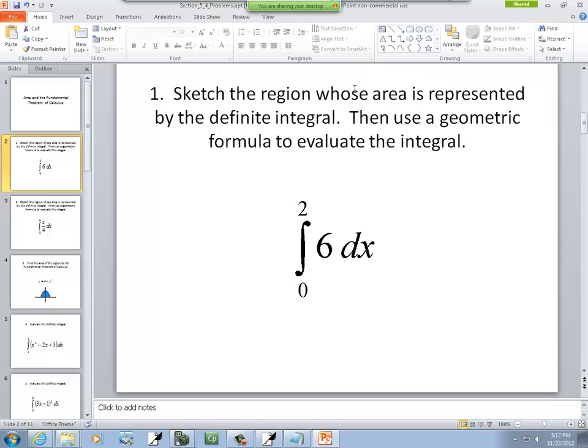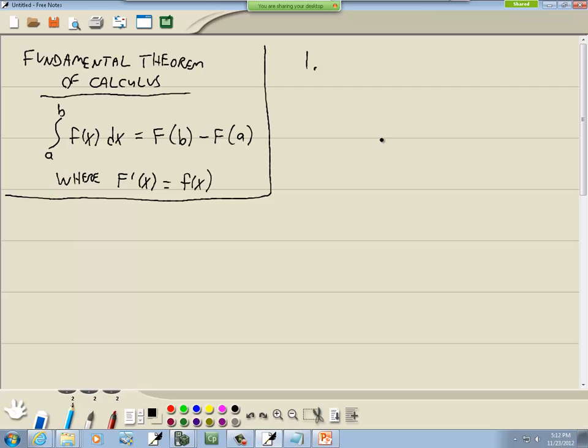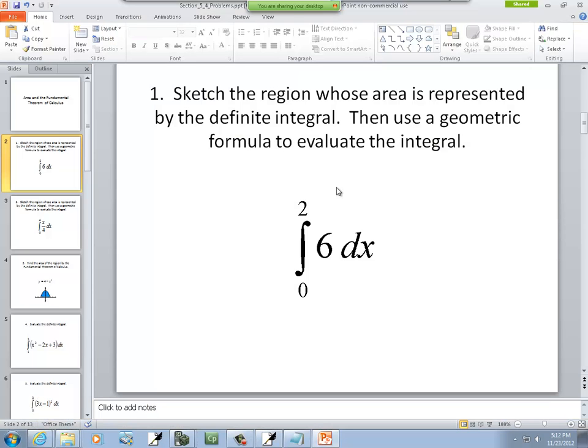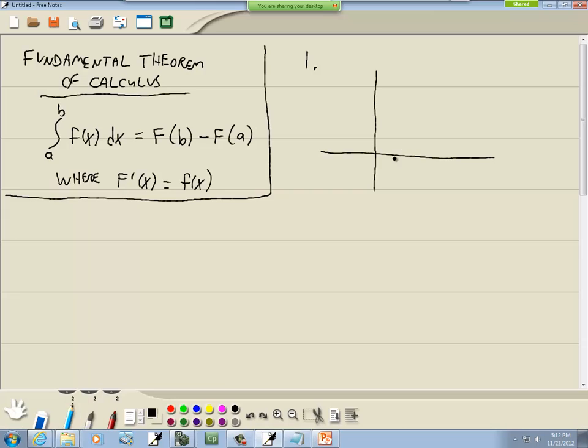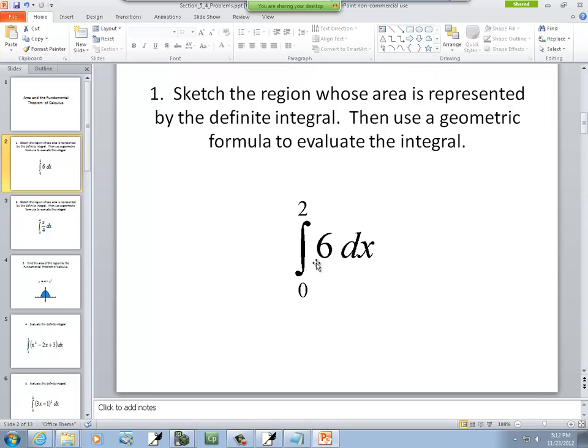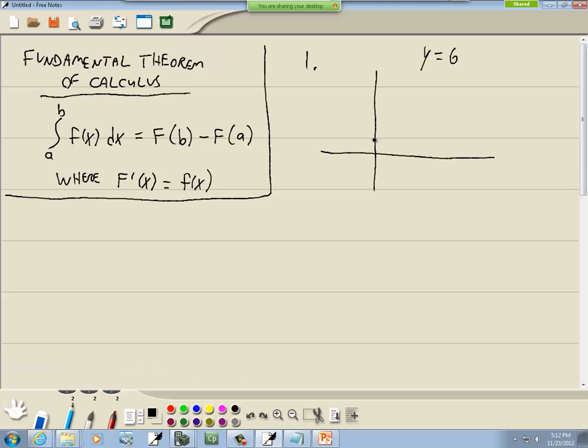So our first one here says, sketch a region whose area is represented by the definite integral, then use a geometric formula to evaluate the integral. One of the purposes of a definite integral, where you have numbers on here, is to find the area. Now this 6, that's the same as having y equal to 6. So y equals whatever's here. So y is equal to 6